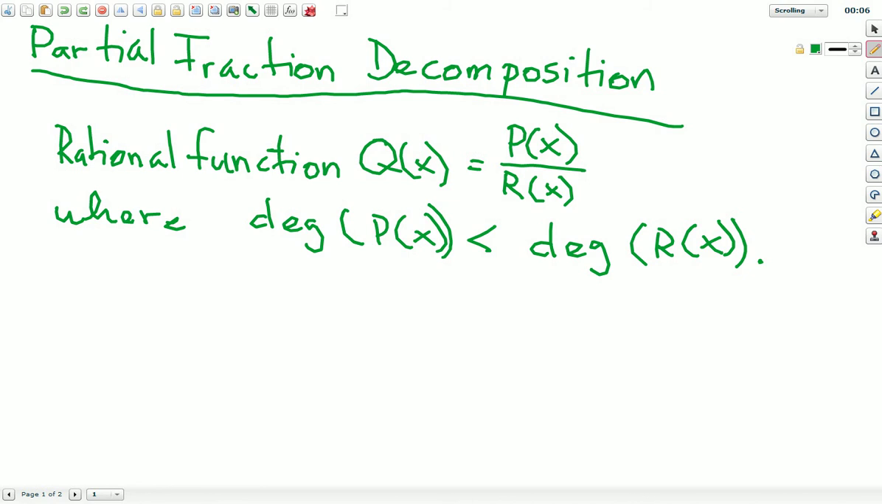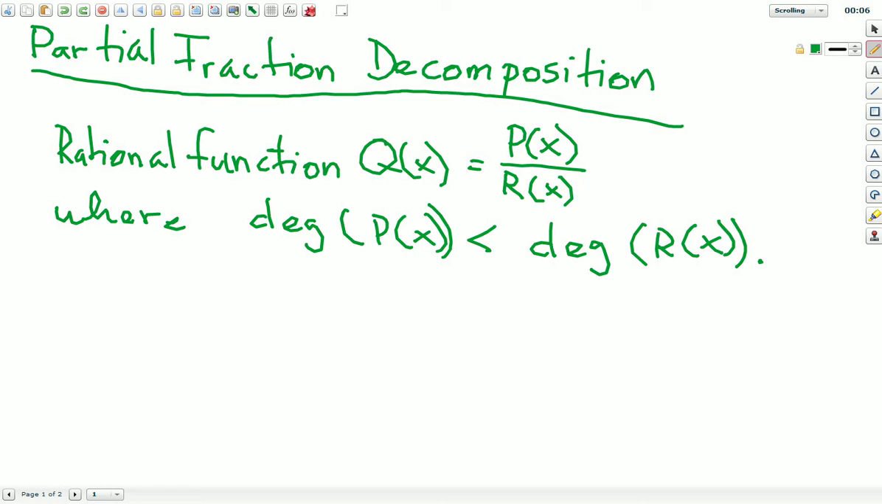Okay, let's talk about partial fraction decomposition. Partial fraction decomposition is applied to rational functions, so to functions q of x that can be written as a ratio of two polynomials, in this case p of x over r of x, where the degree of p of x, so the degree of the numerator, is strictly less than the degree of the denominator r of x. So once you have such a rational function,